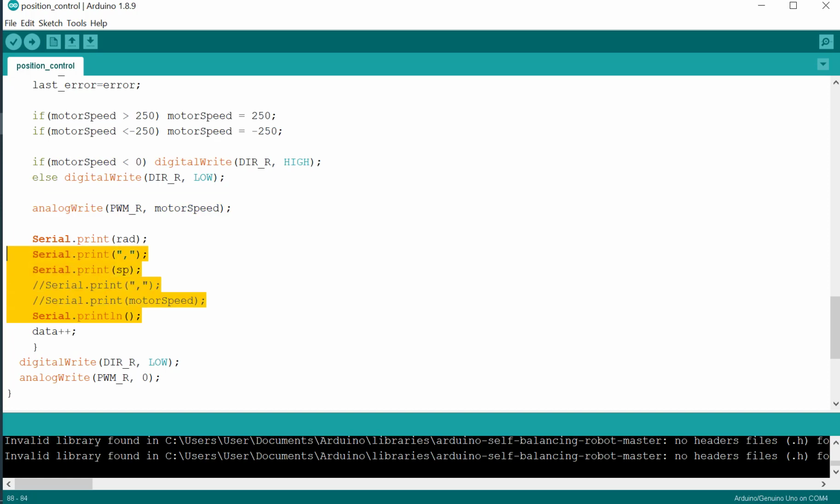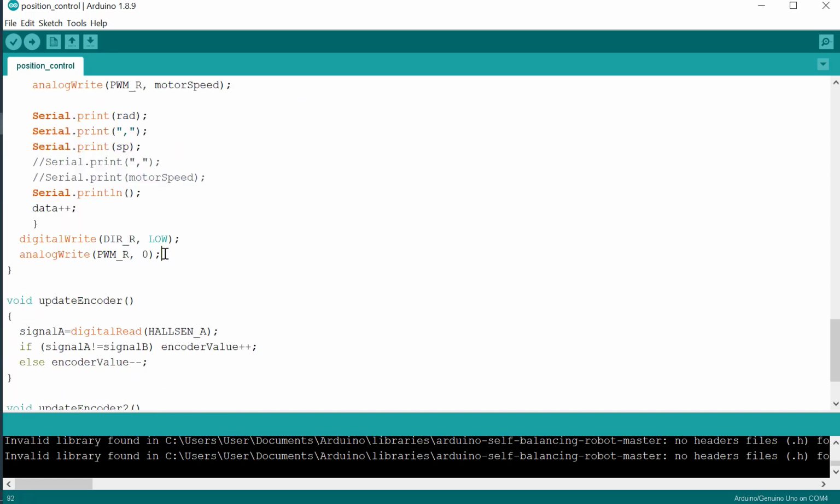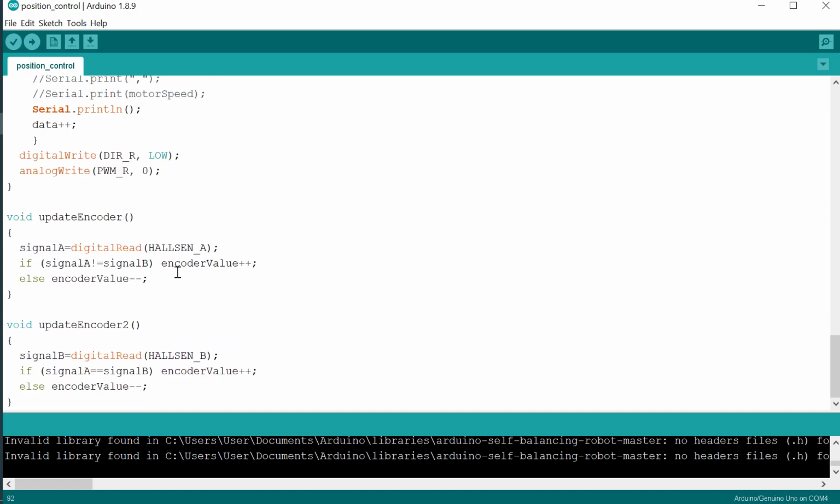And then this is the PWM. We plot the value in the serial plot. And also when the data reaches 400, it will be given 0 PWM, 0 pulse width modulation, so the motor will stop.